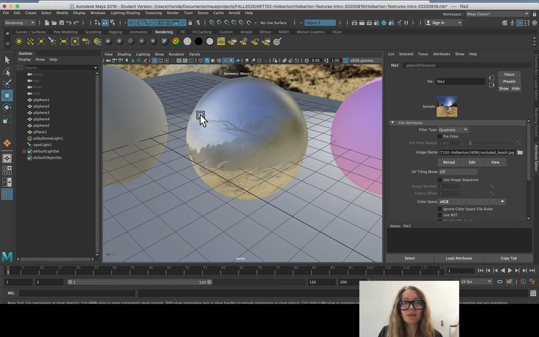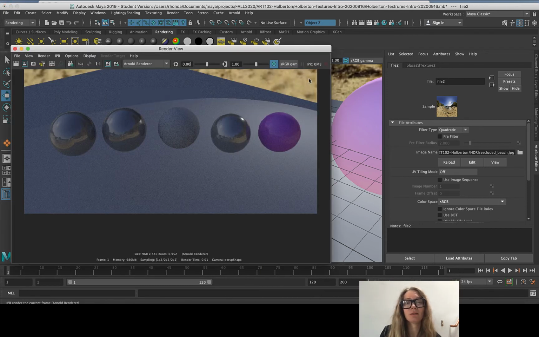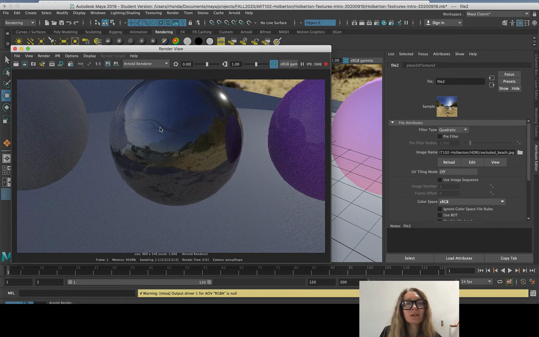So you can kind of see the image in here. The Phong has almost like a pearlescent on top of it. So anytime you have a shiny material, that means that the highlights are going to kind of overwrite some of your images. So if I were to go into my IPR render now, you can see the image in there, but there's almost like a metallic sheen on top of it, right? You can see the reflection of the other object in here. And that sheen,